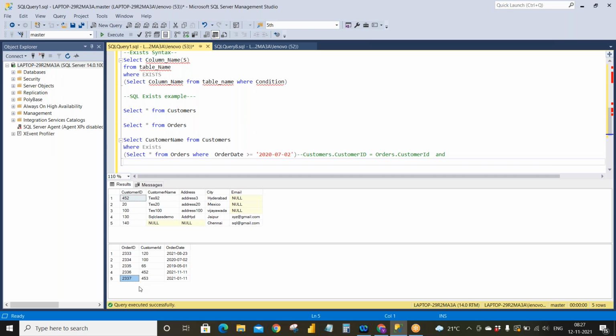But for all these 4, do we have a customer name over here? No. So we should see that I should get 4 rows. Fine. This is true, right? We have data on or after July 2nd. But the thing is, we have the data and we want to retrieve the customer name from customers. We are fine until this. But how do we know that a particular order belongs to that customer or not? If you don't give that condition, you can see what happens.